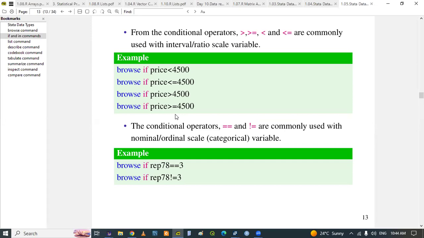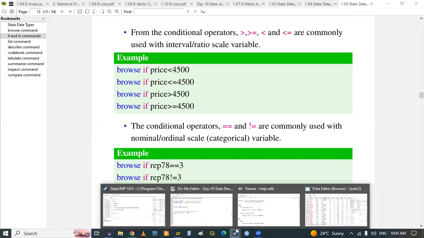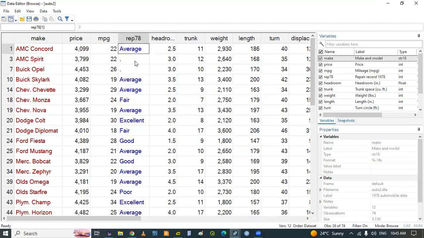if your variable is in categorical form, then you can either use equal or not equal. The equal conditional operator is double equal. And for not equal, you start with an exclamation symbol, then an equal sign. So in this case, before I demonstrate this, I would like to convert this into string. And to do this, I will write codes or commands which will come to,